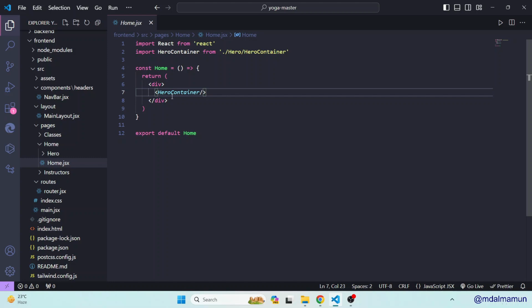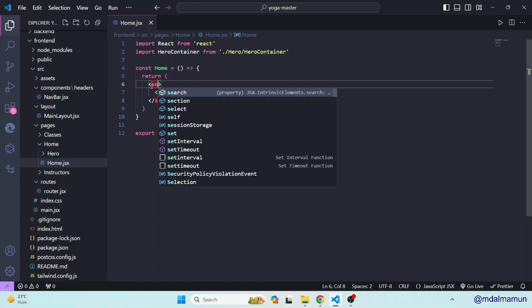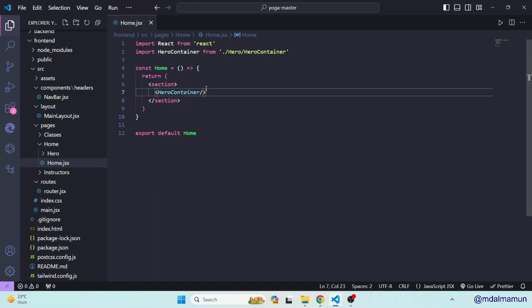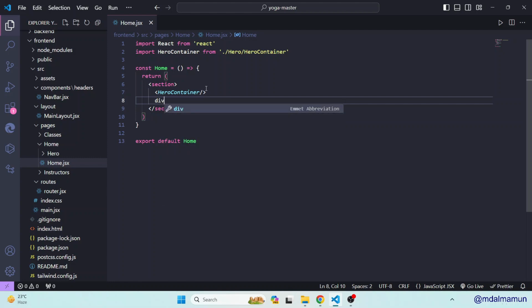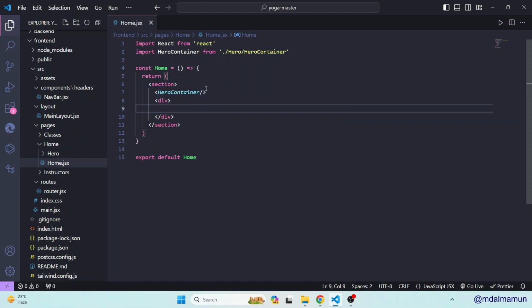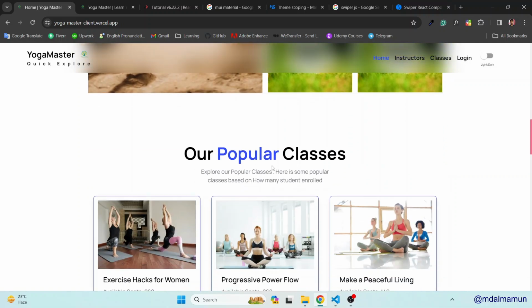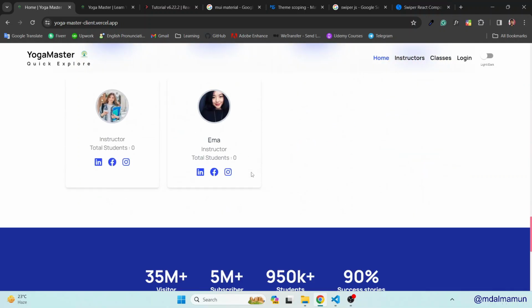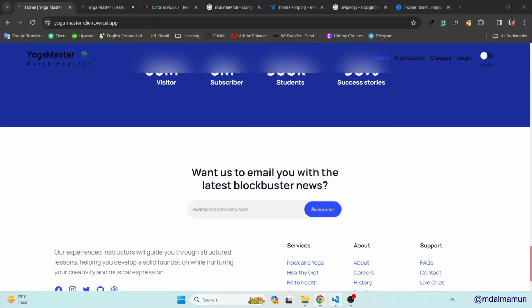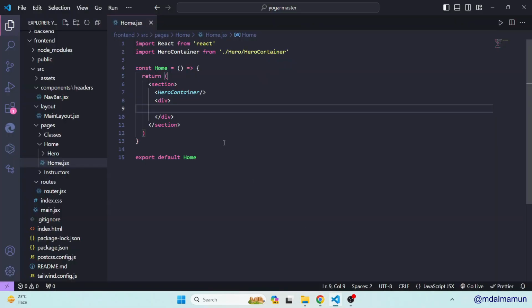So this is hero container, and we can change it to a section tag. So after then here we will have a div. So here at first we will take a div, and then inside this div we will have the gallery and other parts. So for example, this is gallery section, this is popular classes section, and amazing teacher section, and other sections. Okay, so here what we will do, we will define some classes,